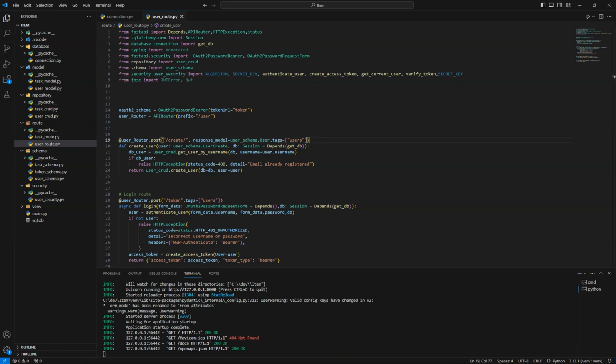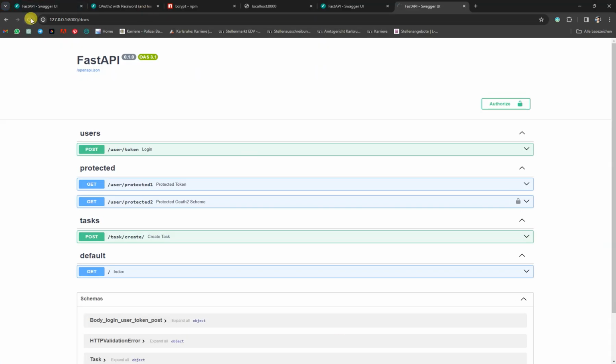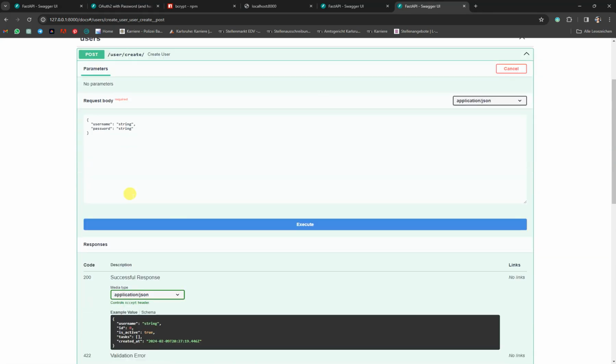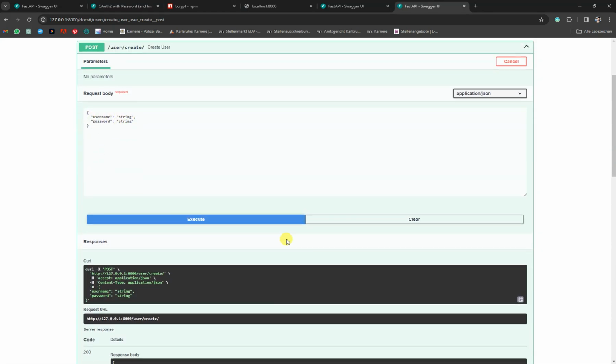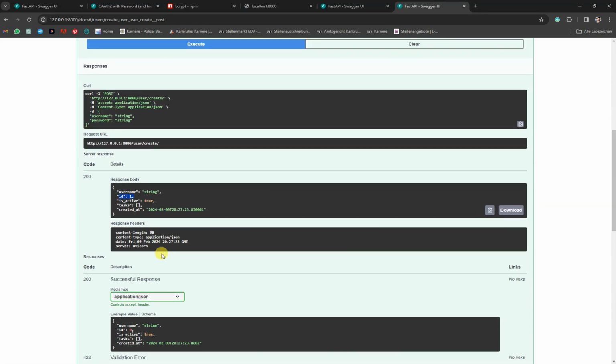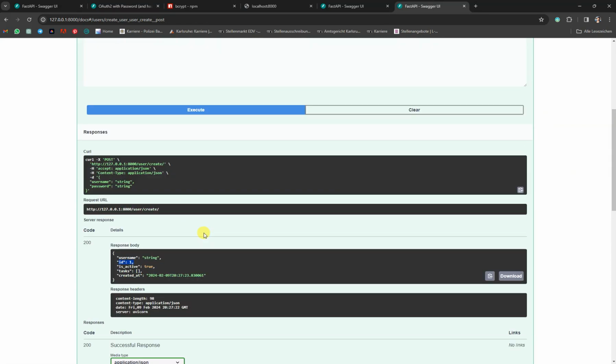Okay, because I didn't see my user. Okay, great. Now I'm coming from here. For example, as a default string and string. Okay, now as you can see, user ID 1, the first user is created successfully with this information, and I'm